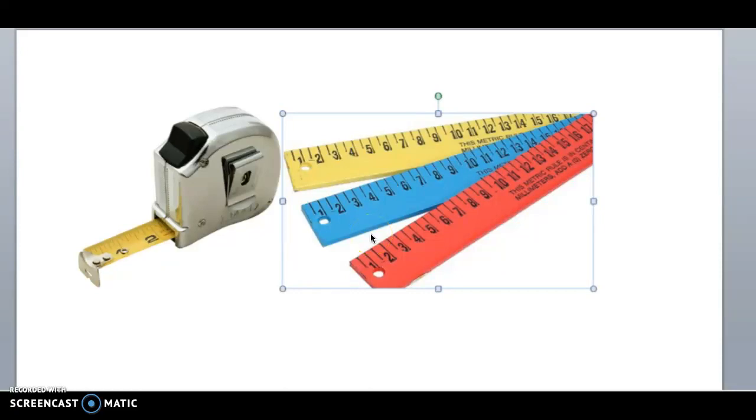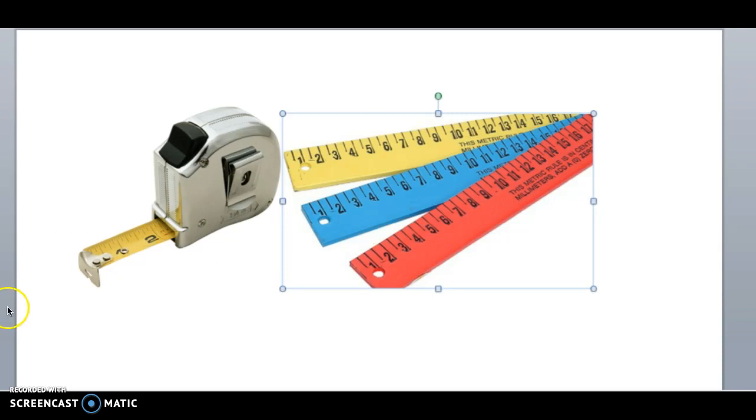Hi you two, so today we're going to be learning about measurement, and what we're going to learn about first is the tools we use to measure. So the two pictures we have in front of us is a tape measure and some rulers, and we would normally use them to measure length. Now for example, you might use say a ruler to measure a cake